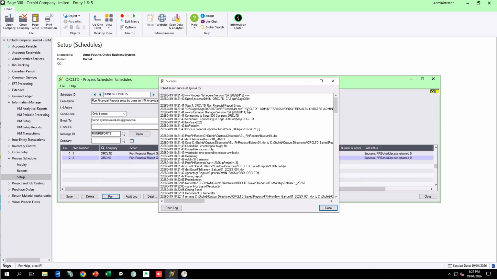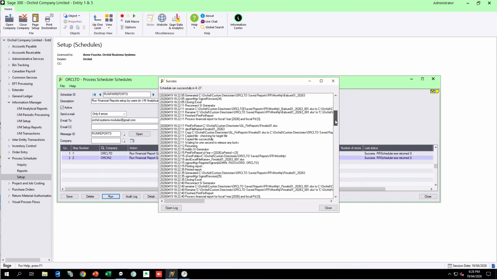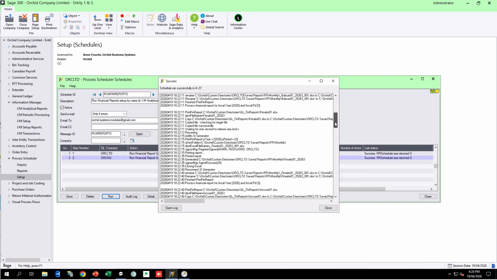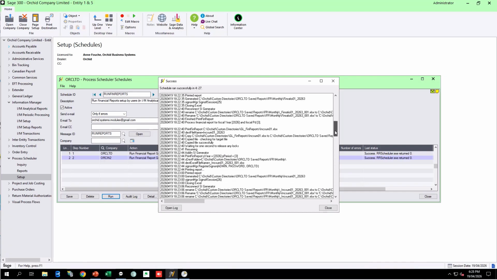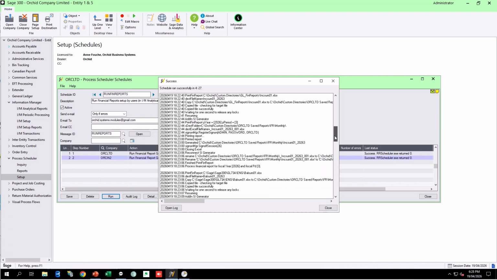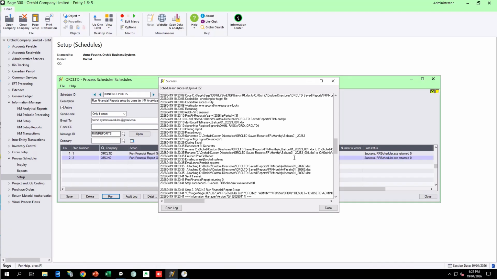So you can see it first connects to Orc Limited, and then using 2026 period 3, it runs the first report, saves it, runs the second report, saves it, runs the third report, saves it, and then attaches the reports to the email and sends the email, and then connects to Orchid 2 to pick